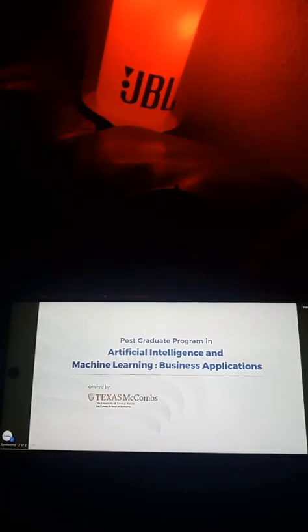Want to be part of this high-growth domain? Let me introduce you to the PG program in Artificial Intelligence and Machine Learning, offered by the University of Texas at Austin in collaboration with Great Learning. Over the course of this program, you'll master the fundamentals of AI and machine learning from world-renowned academicians and industry experts. You'll learn from a curriculum crafted